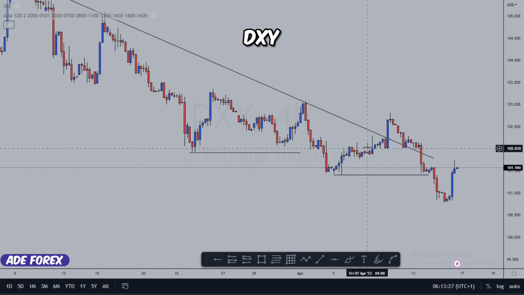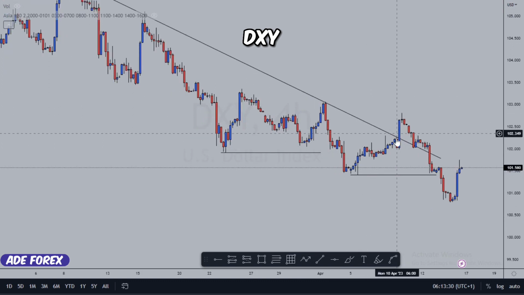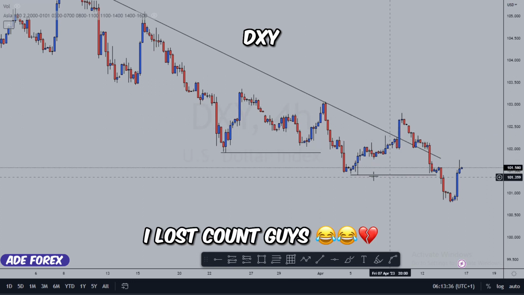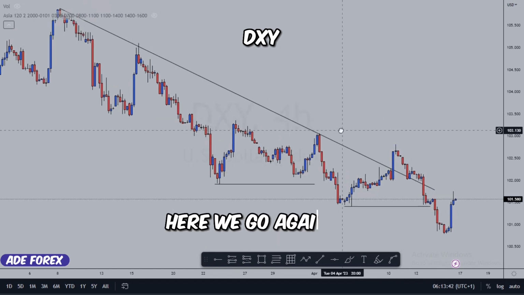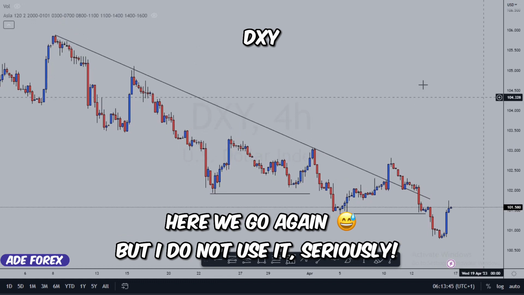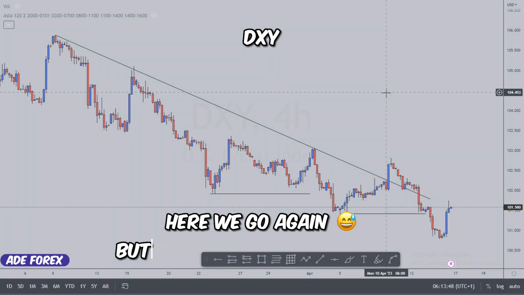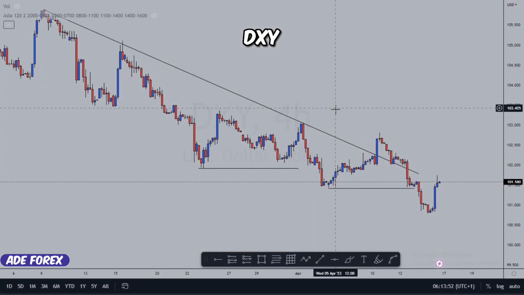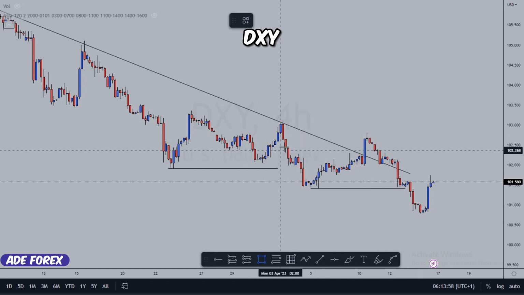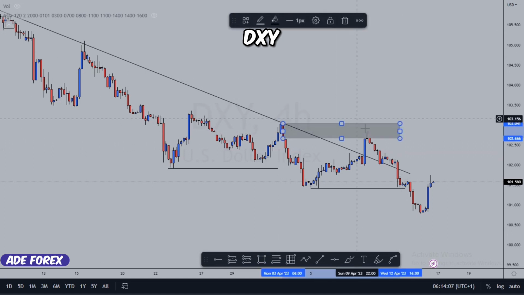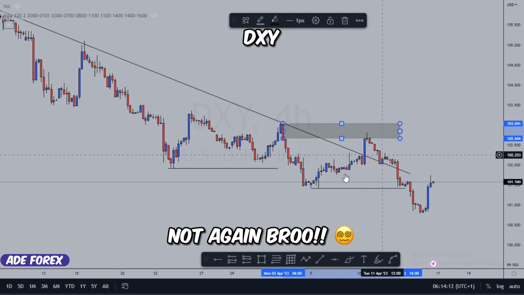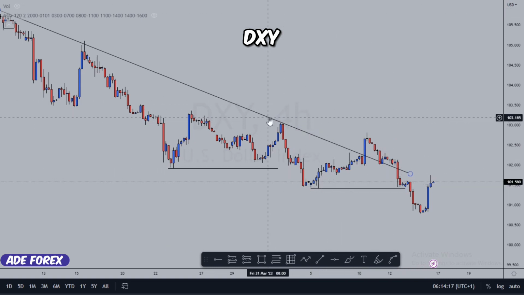The market was building liquidity as it was going up. We talked about the market potentially respecting this trend line to take out all of these liquidities and then eventually take out this low. And guess what? We obviously had that, but the market did not respect the trend line, although I do not use trend lines. We just wanted to relate with people that do not trade the ICT concept. What actually happened is the market came to mitigate all of these imbalances right here, then tapped into this order block, or you can call it your supply zone. Then we took out our liquidities and eventually the low. So that's that for the previous week.